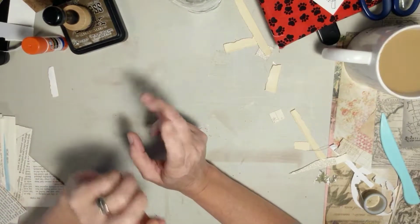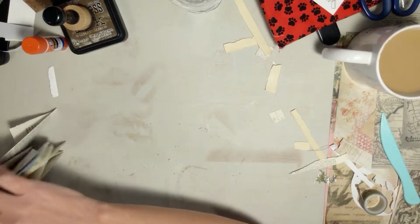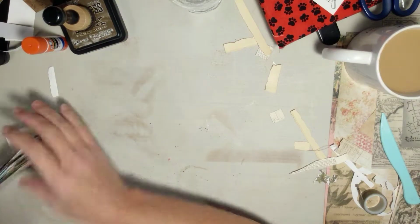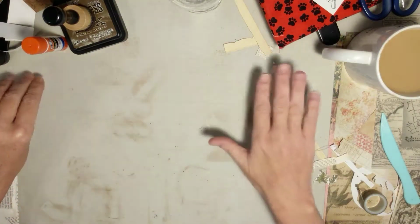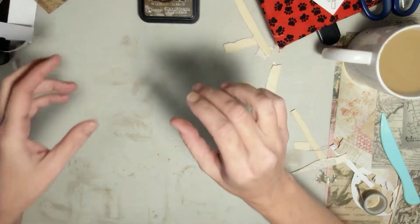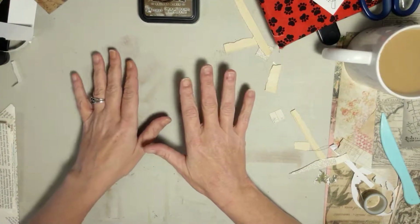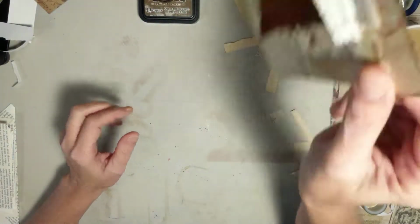This is Dora, and I, as you know, have been sitting here trying to use up some of these scraps. Excuse me, I'm sorry, I hiccuped. And you can see little scrap pieces all over my desk, and I've been a busy bee. So I wanted to take a moment to show you guys some of the things that I came up with,